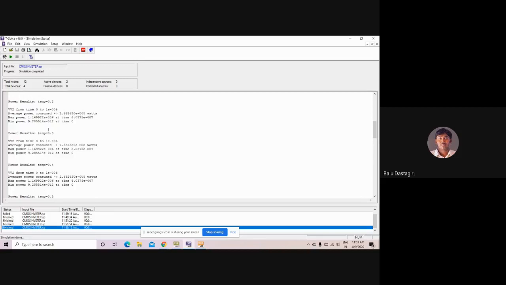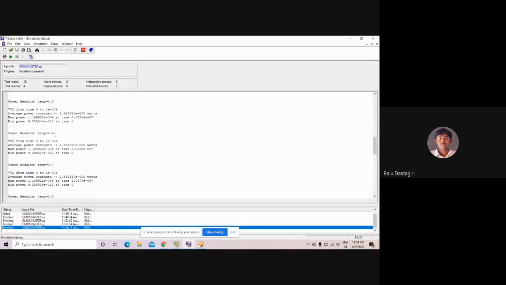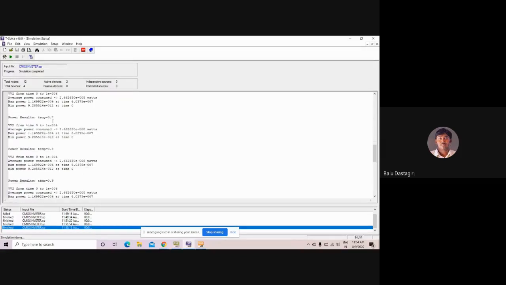Normally I have just given the temperature as 0.1 and 0.2 degrees, but it should be from some 10 to 50 or 10 to 60. So you can see how the output power is varying with respect to the temperature. You can see all the 10 values which you have been asked for plotting. So you can see there is a variation.